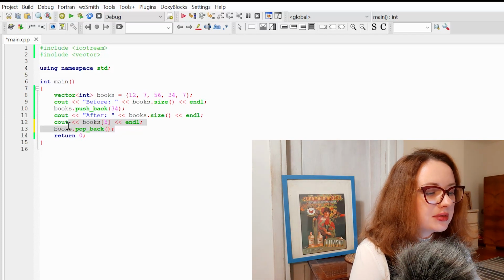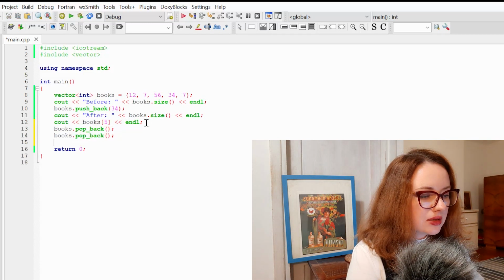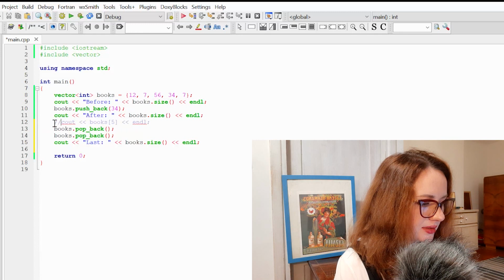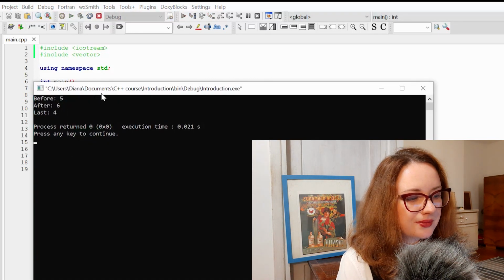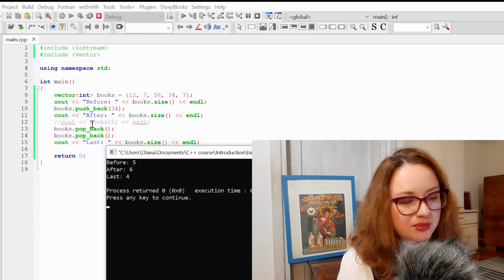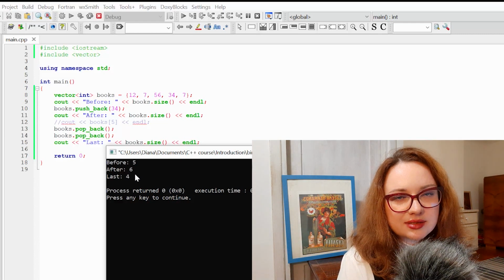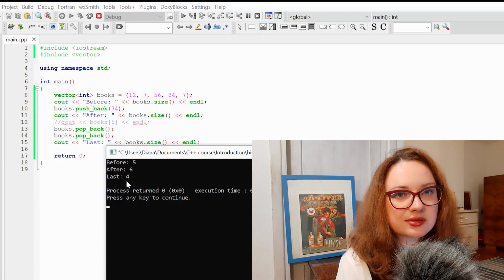Let's actually do this pop_back twice. And now we are going to check the size of my books vector again. And I will comment this string. So let's once again run our program. And indeed, you can see that after I pushed back one more member, I have an array with a new member with the size plus 1. And after I erased my two last members, now I have array with the size 4.